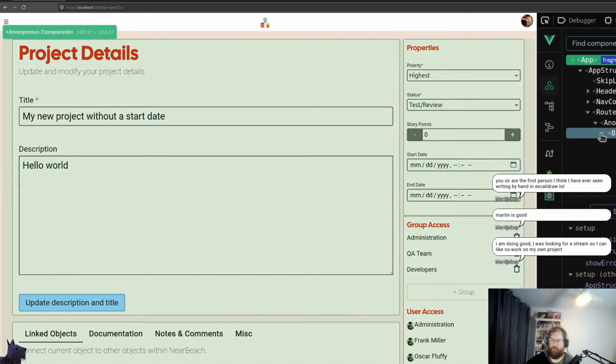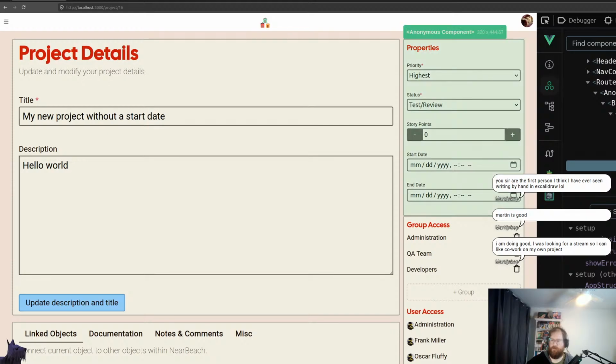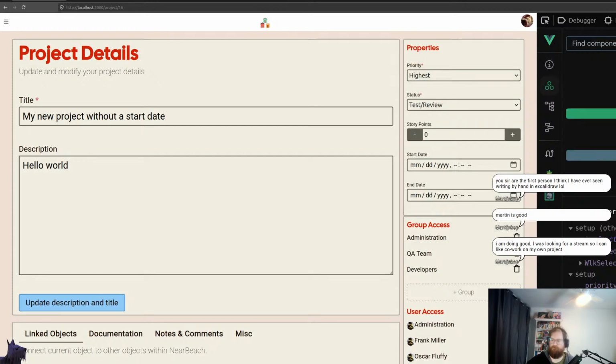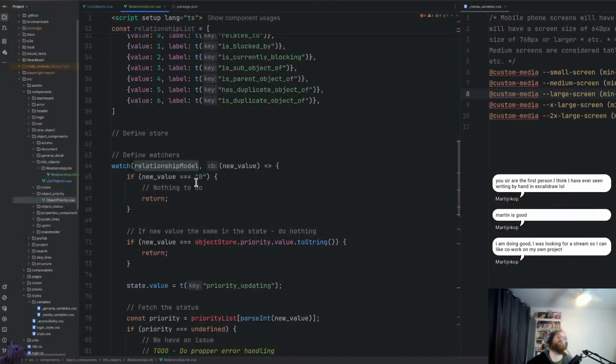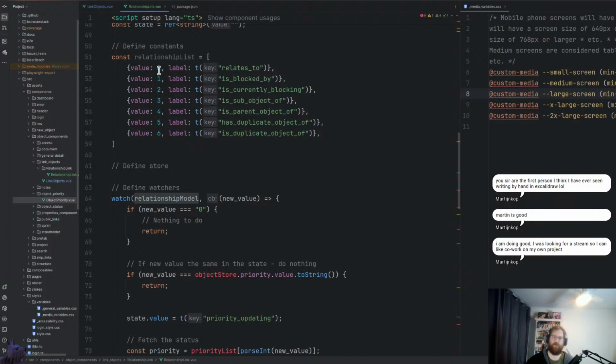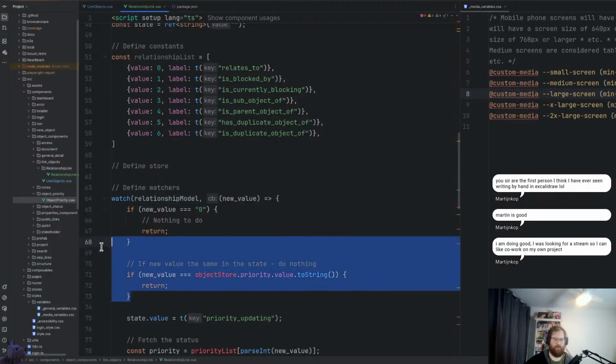if I have a look at the route view, base project page, properties component, anonymous component, object priority, that reference is a 0 and not, all right, cool, that will work. So if it's in quotes 0, there's nothing to do. But these are numbers, so it has to be without the double quotes. All right, we're not double checking anything, so